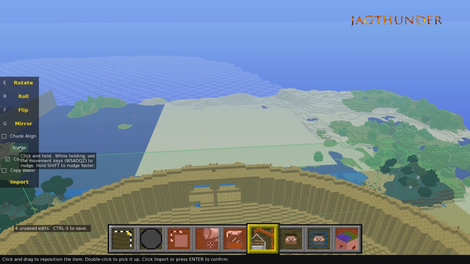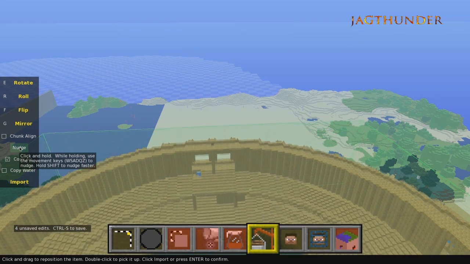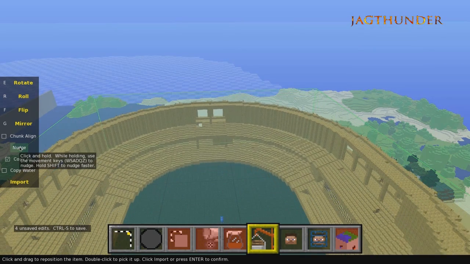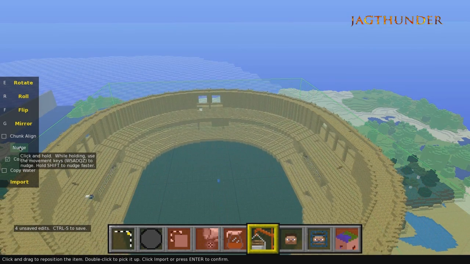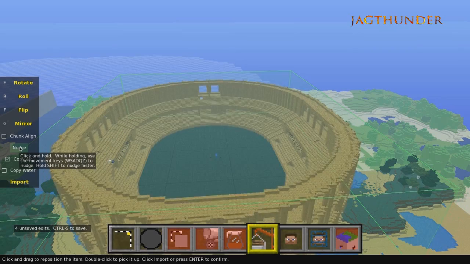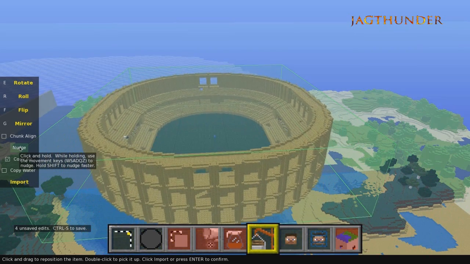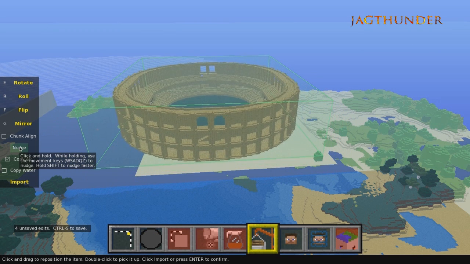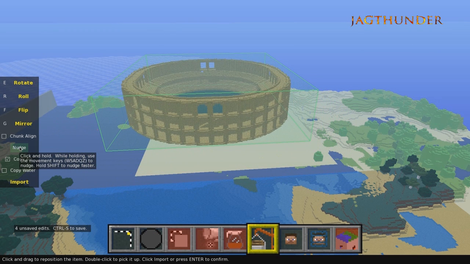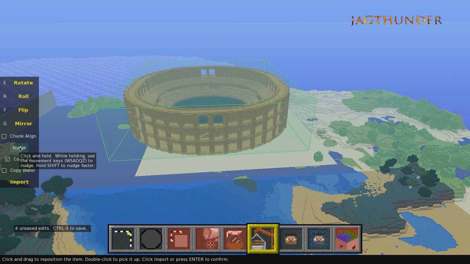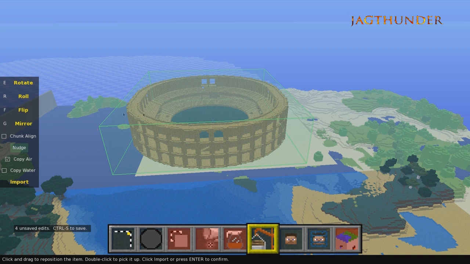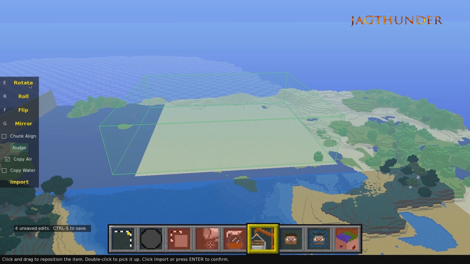It's not set yet, but we can left click and hold, nudge and move it into position with your movement keys, W, A, S, D, Q, and Z. Just like we did before. You can rotate, roll it, flip it, mirror it. This one here, we're going to rotate it when I get it down close. Normally I didn't have to do this on some of my other ones that I've done so far, but it's being difficult right now. So alright, we're going to rotate it once and see what it looks like,